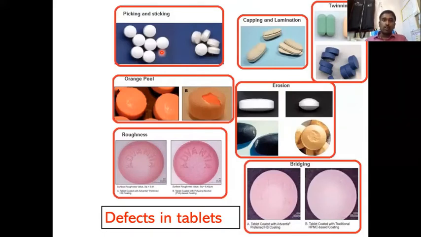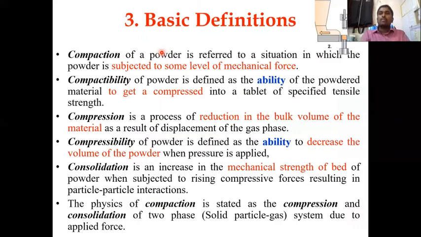So let us go to the topic of Heckel's plot, which he explains, and before that he gives some introduction which is definitely necessary. They may ask you to define compaction, compactability, compression or whatever. Don't neglect that. Then they may ask you to explain Heckel's plot, which describes the tablet compression process. Sometimes they ask an essay question. You might have to start from here and end up with Heckel's plot.